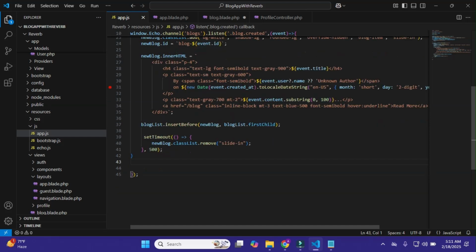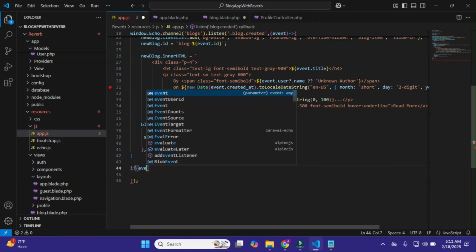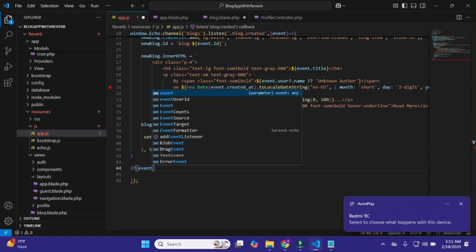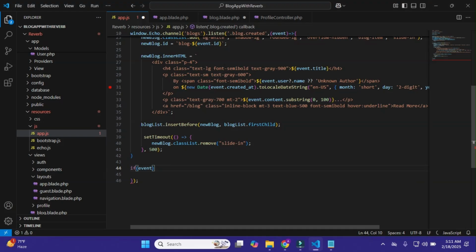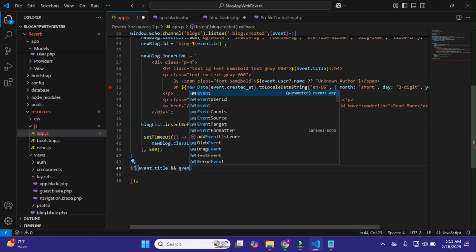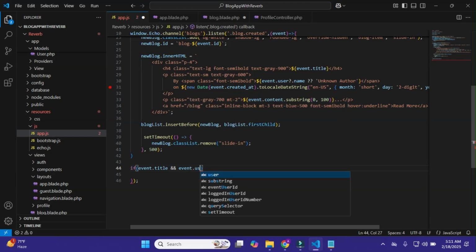Okay, so here I'll write if event.title, and after it ${event.user.name}.